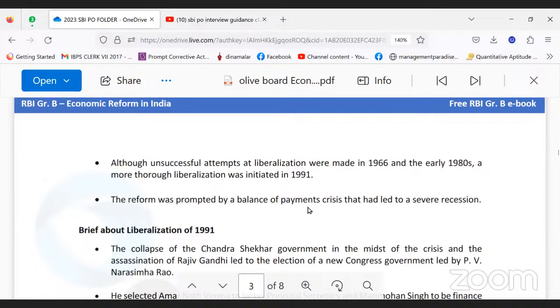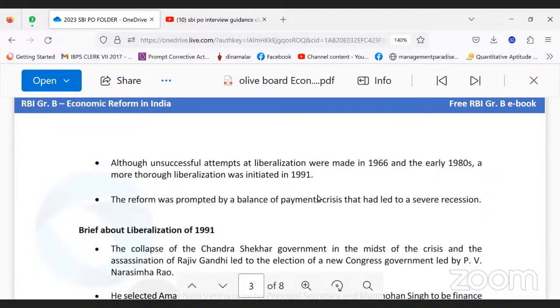Now, do you know what is meant by balance of payment? India did not have money; our imports were more than the exports, and we could not have money to repay for the imports. In comparison to that stage, today India has got more than 550 or 560 billion, that is 100 crore dollars, as foreign exchange reserve. So that was all made possible only because of this liberalization, and especially during that 1990s liberalization, India had